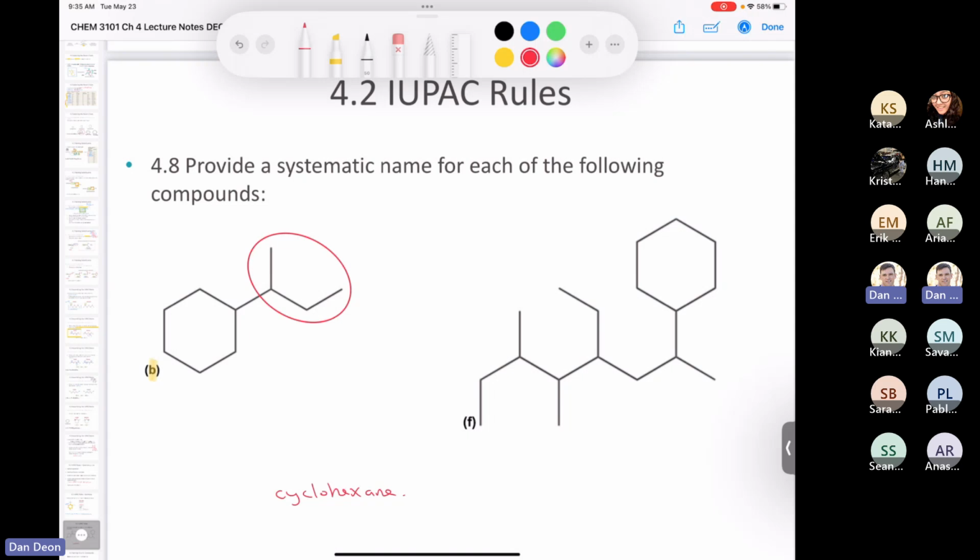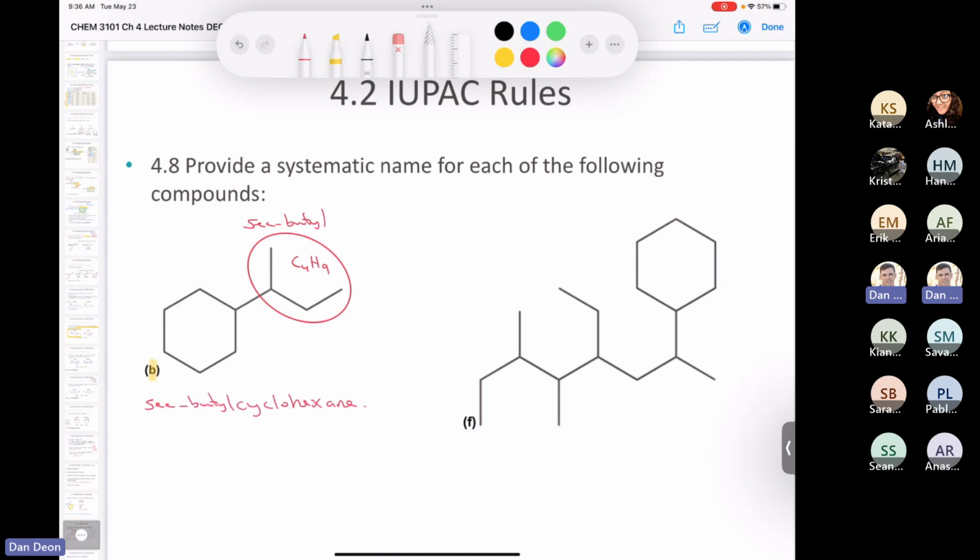It's one of the ones that you have to memorize. It's got a formula of C4H9. Is it butyl, tert-butyl, sec-butyl, or isobutyl? Anybody? Yeah, it's a sec-butyl. Now in this one, we don't need to give a locant because there's only one substituent, so you don't have to call it 1-sec-butyl cyclohexane. That's redundant. There's only one thing on there anyway. So we just call that sec-butyl cyclohexane. So put this over here like that. And that's the name of the compound.